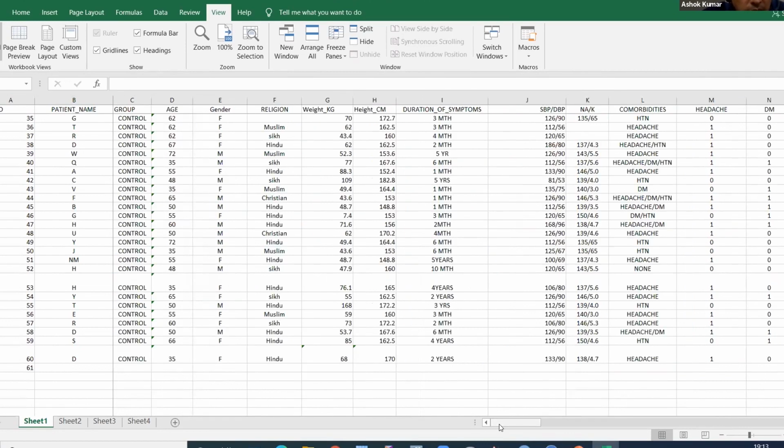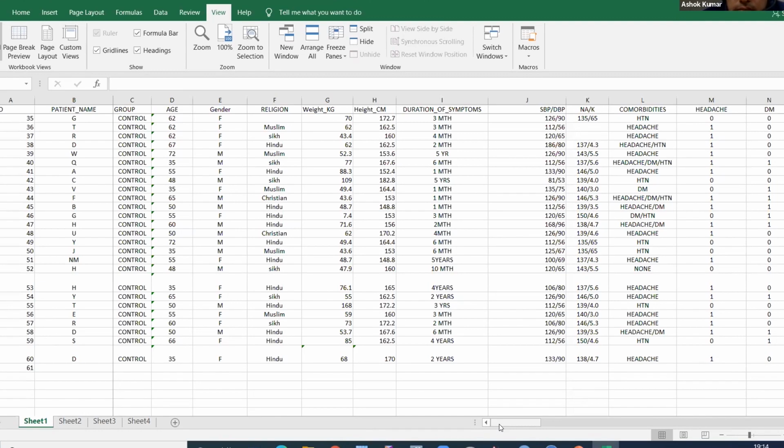Okay, now this is how to enter data in Excel. Now, how to import data in Excel. Tomorrow we will discuss, because there is a shortage of time. I know I can demo, there is no problem for me, but it's already 7:15. So I will demo how to import this Excel sheet